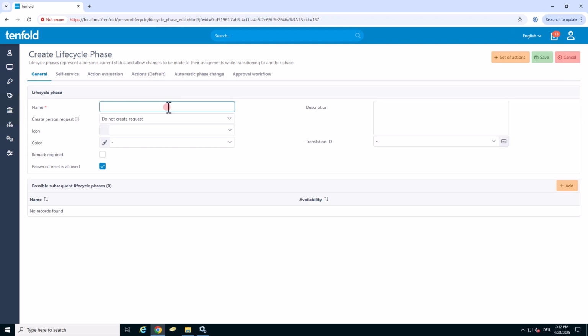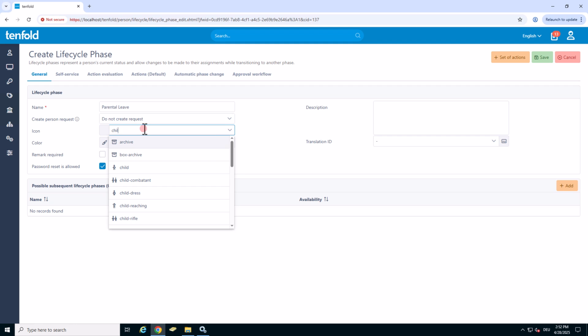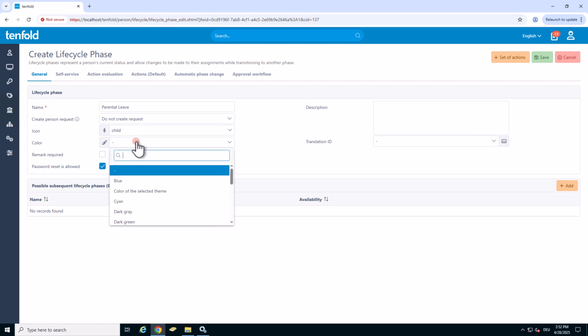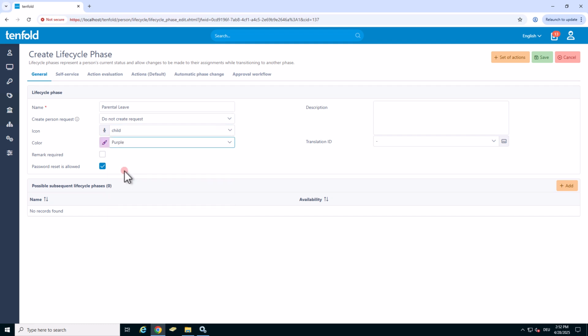Here we assign a unique name, an icon, and a desired color in which the phase will be displayed on the Persons tab designated for this purpose. Additionally, at the bottom section, we must define the possible subsequent lifecycle phases, meaning to which other phases a transition from this phase is possible.